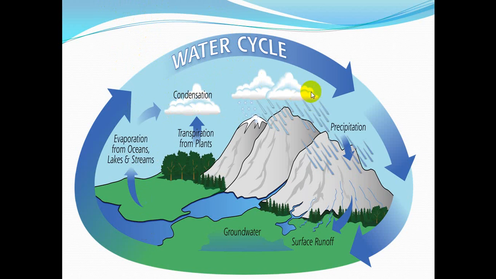Then when these clouds get heavy, they will fall in the shape of precipitation, or as we said, this precipitation is in the shape of rain, snow, sleet or hail. Then it gets down to Earth's surface in the shape of